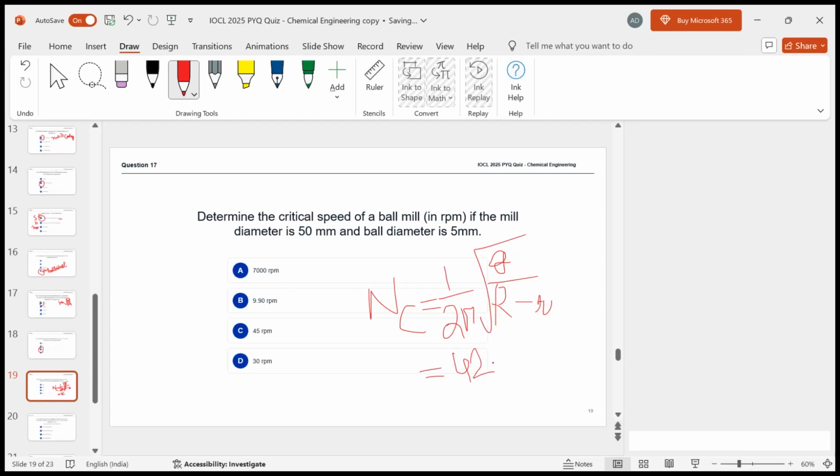This can be reduced to 42.3 divided by root of (D minus d). Okay, the answer came out to be